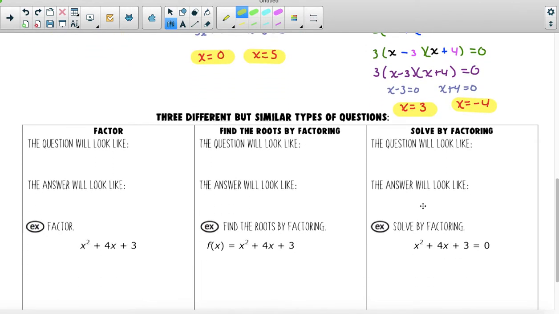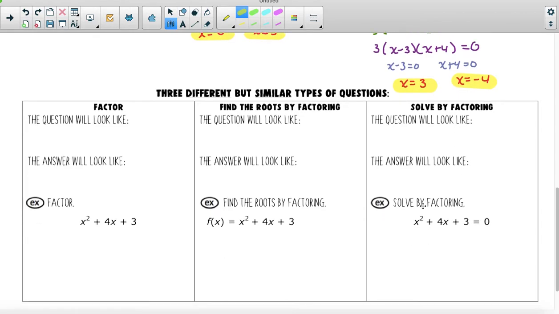So there are 3 different but similar types of questions that you'll see. You will see the words that might say factor, find the roots by factoring, or solve by factoring. All of them have factor in it. So we will need to factor it, but then our answers will look completely different with regards to each of these problems. So the question that it'll actually say, so if it says to factor, the question will look like this: